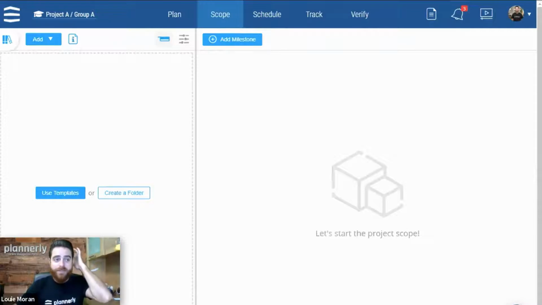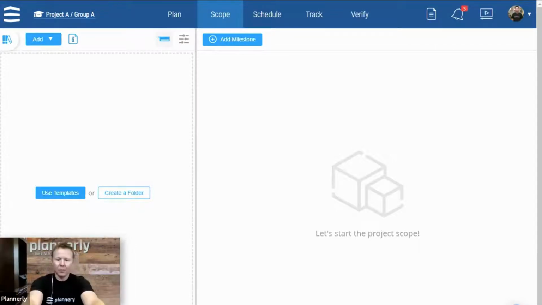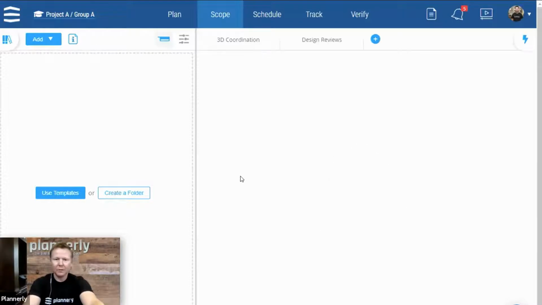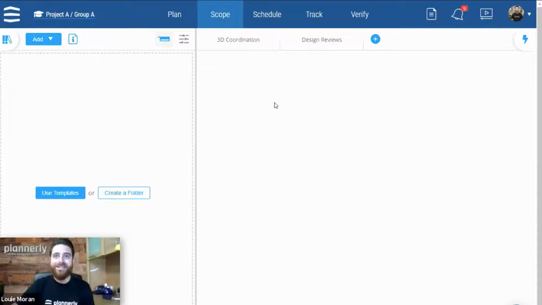With the first thing in BIM scopes, we need to set up a couple things. As a program leader, I could define, say, the model uses for this one. So for this case, I might say that we are going to use the model for 3D coordination and some design reviews. So maybe how could we describe that inside the scope? We would put design reviews, and then we would define them as columns like that. Is that good? Perfect, perfect. So Clive just created milestones as the headers.